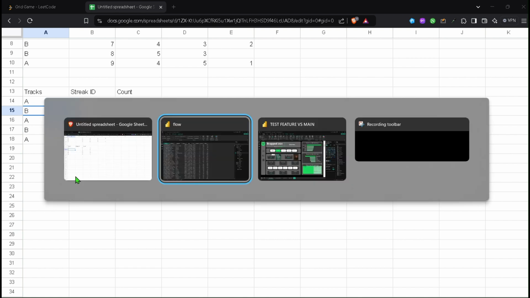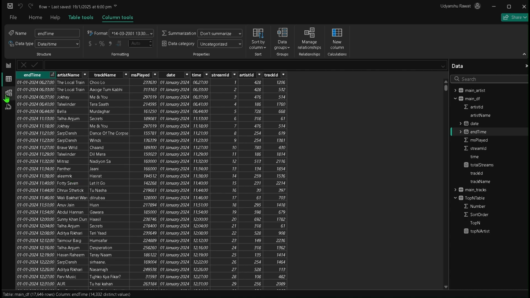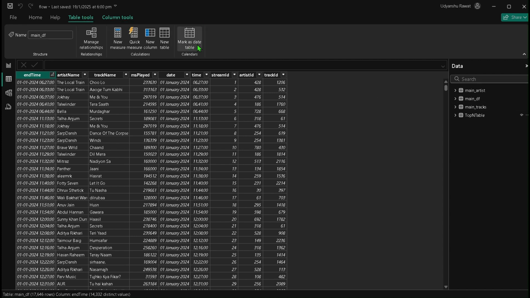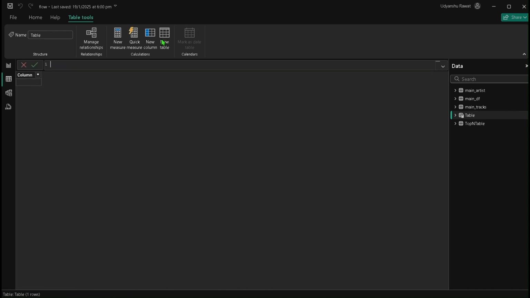So let's come again to the DAX part. Now I'll create a new table to have more clarity. We'll not cluster our main DF. So I'll create a new table, and I'll use our DF table for that only. Firstly, let's name this as loop master,